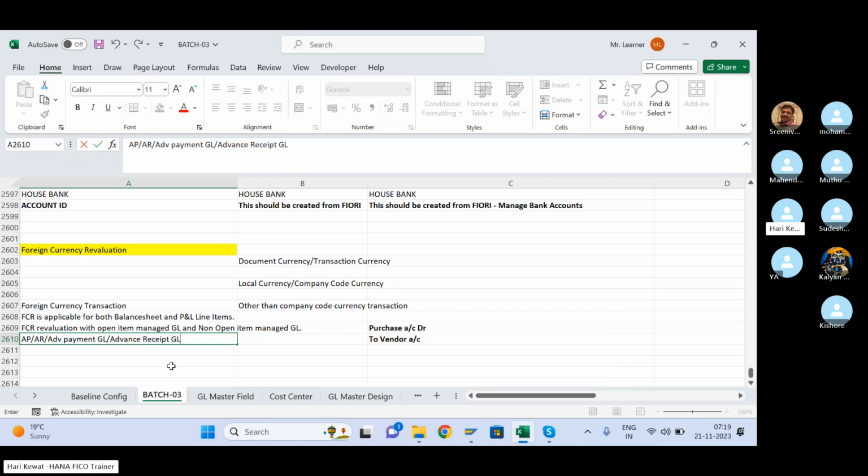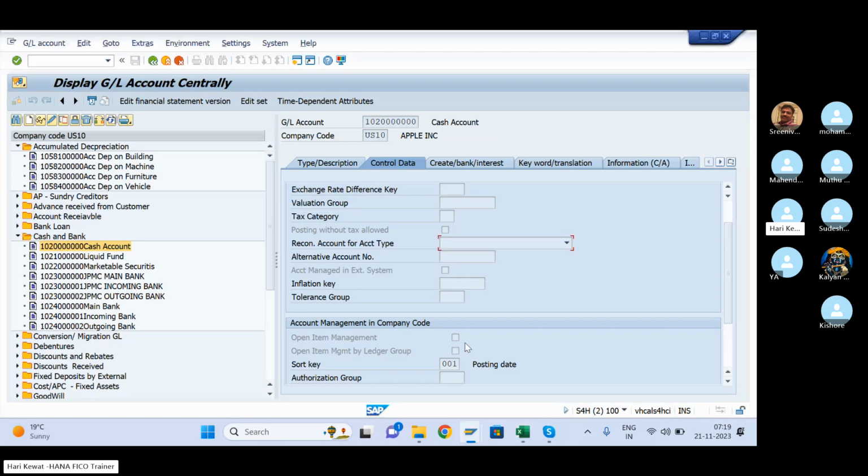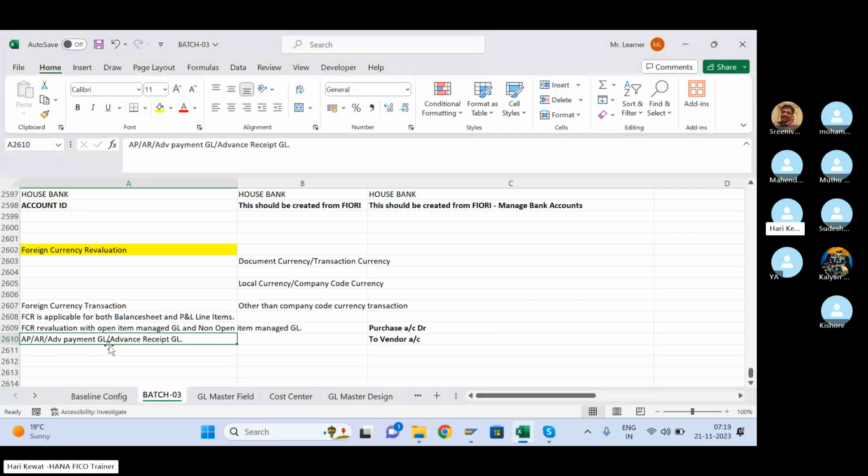Okay, so these are the GL. You generally don't tick this open item management. You don't tick it, but you tick this reconciliation GL. Therefore they are known as an open item GL. There will be open item line items. Now some GL you have to tick, let's say bank incoming, outgoing, bank incoming